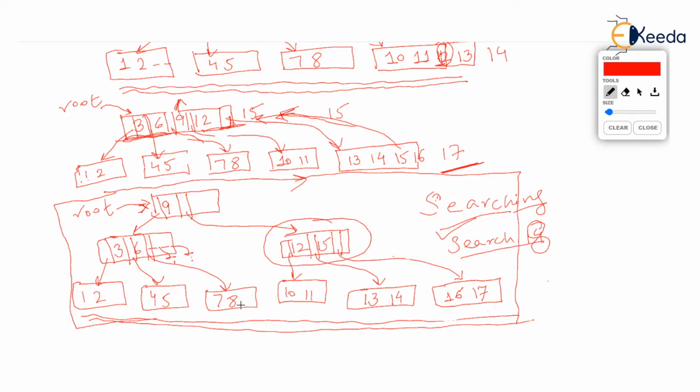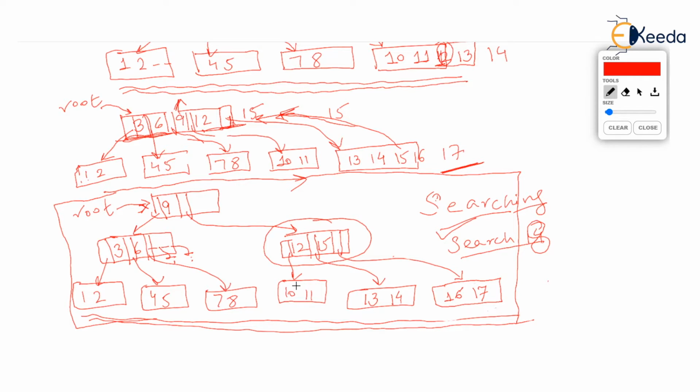Watch this. What if we were searching 9? If we were searching 9 in the tree, we will right at the root get 9. So we don't even have to search 3 nodes. Just one node search has given us 9. What if we were searching 15? The search will start at the root, but 15 is greater than 9, so we'll reach the right node and we will get 15 right in the node which is having 12 and 15. So we have searched only two nodes for searching 15. What I am telling you is the maximum number of nodes that we will have to search for any given key is 3.